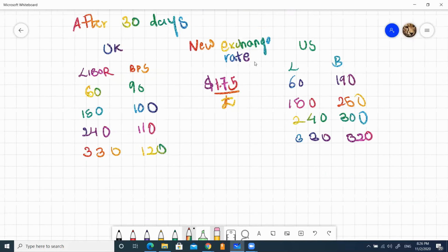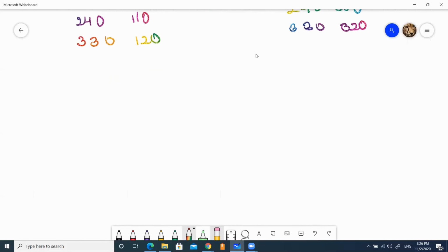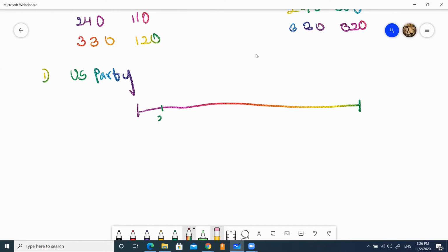And now it is the same process that we've done before while calculating the fixed amount. Let's do it for the US party first. For the US party, let's calculate the total value. This is your timeline and you have to value it at 30 days. You have already been given 90, 180, 270 and 360. Now, what are your coupon amounts? Your coupon amount you have already calculated is 1.5 million into 2.47% divided by 4.